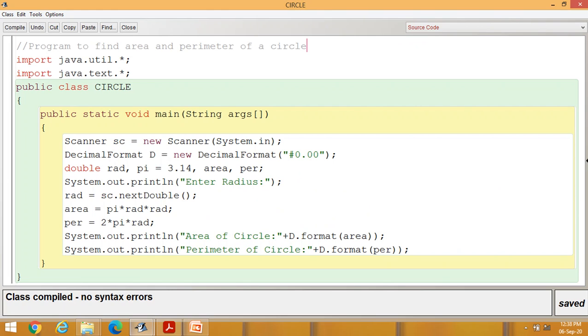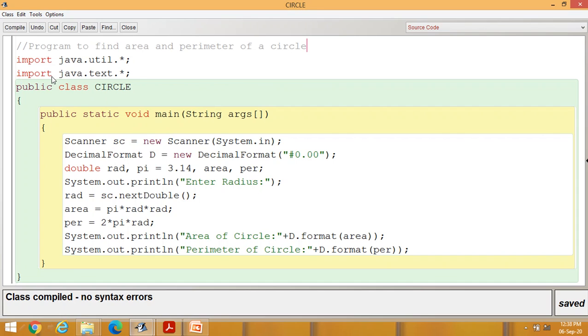This one is the basic program of calculation of area and perimeter of the circle in Java. As far as explanation of this program is concerned, I am using import java.util.star so that I can enter the data from user side using scanner.